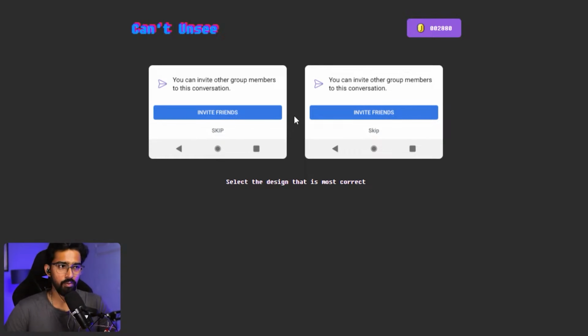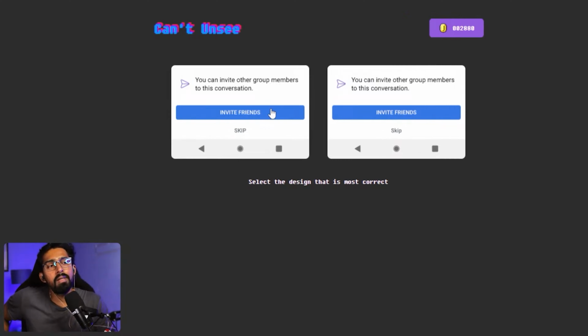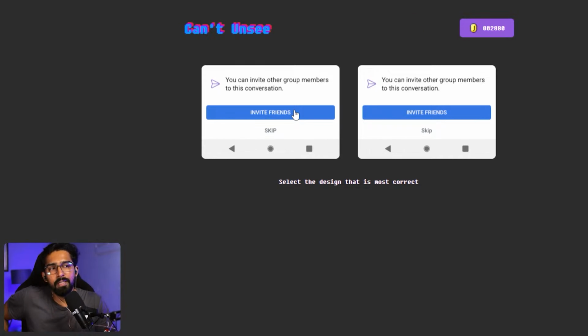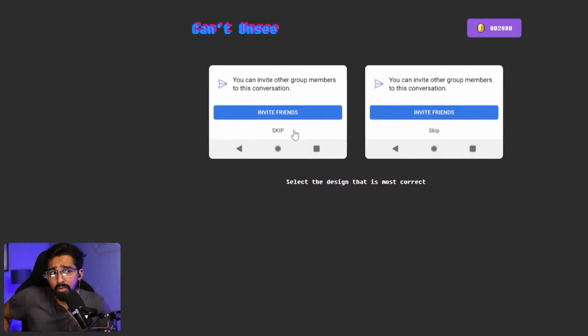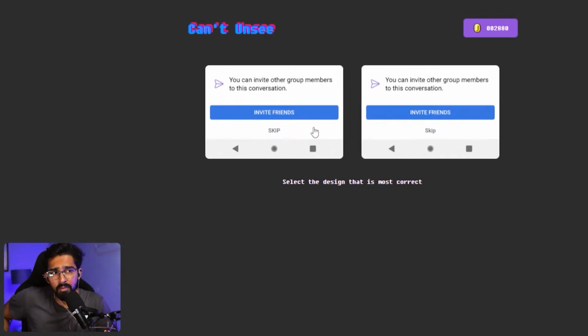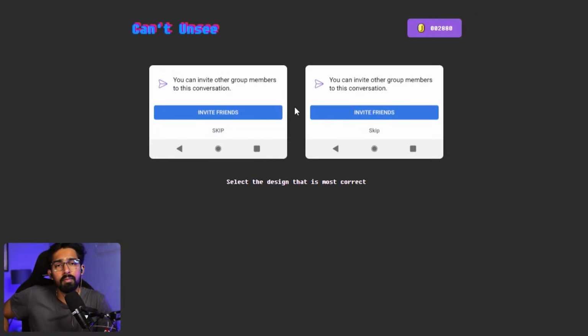So this is the next one. Okay, no, this is not straightforward. I also have confusion in this one. What do you say? Which one is correct? Right is correct because the skip is completely capitalized in left. But if you see, the primary button also has capitalization, so should the secondary also not be in capital? So that's the contradictory statement. Let's see who will answer my contradictory statement.